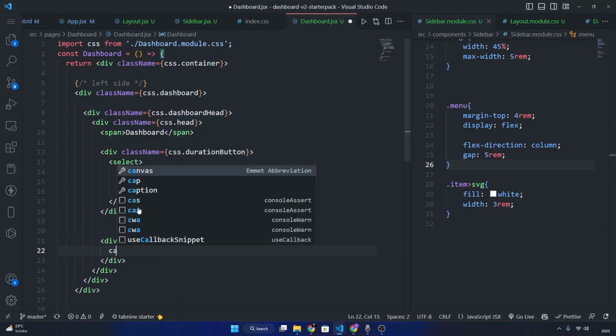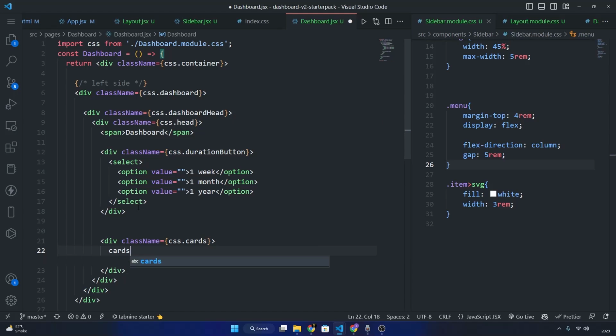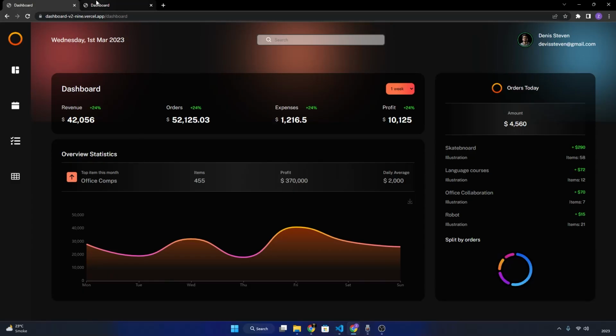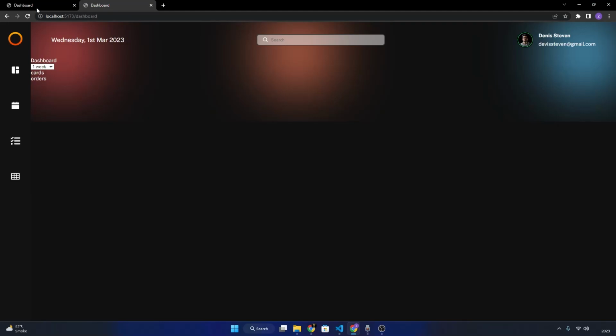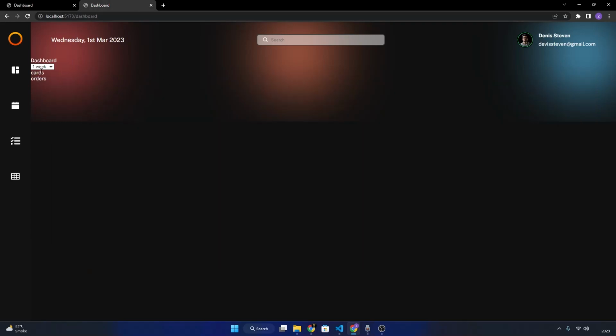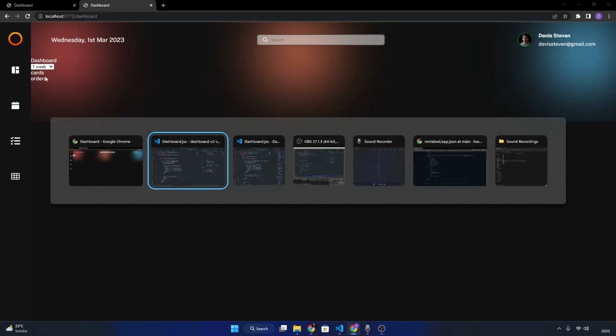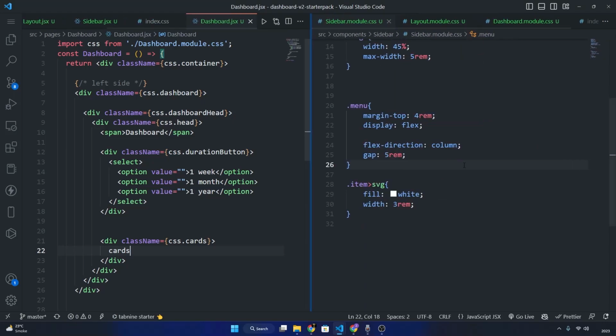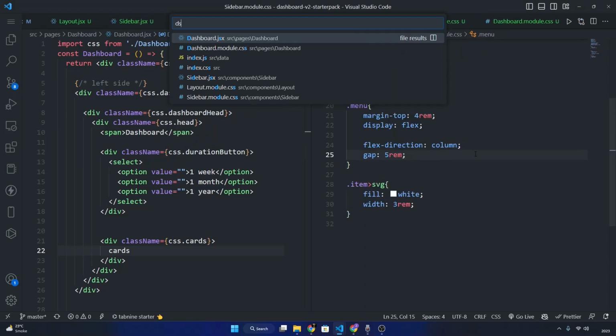div.css.cards, here say this as cards, save this and see the results. This is our okay. So we have this heading, we have this select box, and a div for this card. Of course we have to style all of these things. So on here I am going to open the module css for the dashboard,